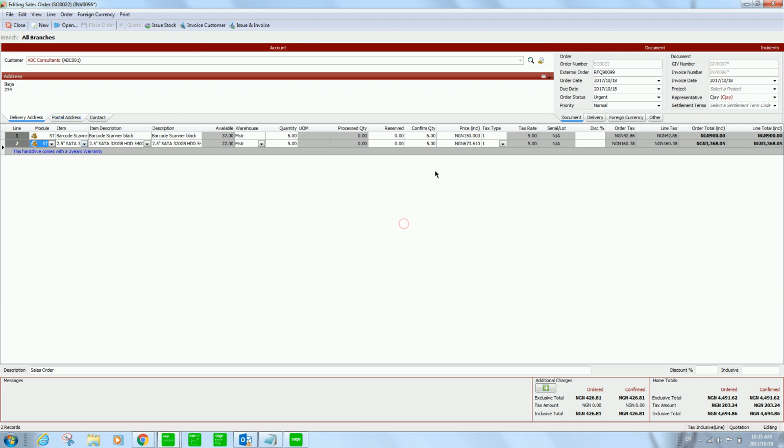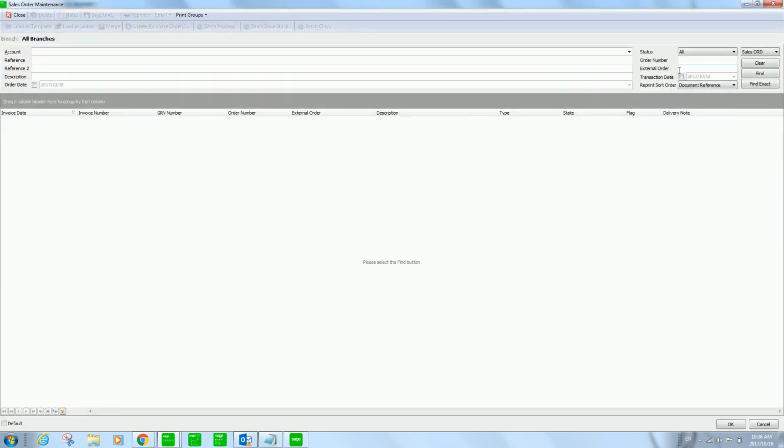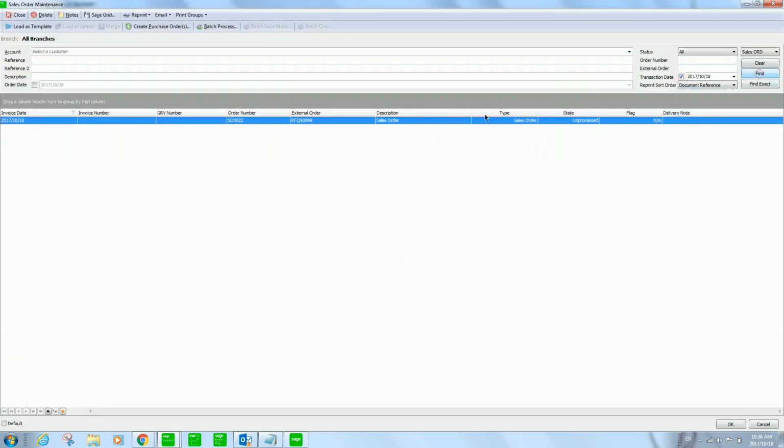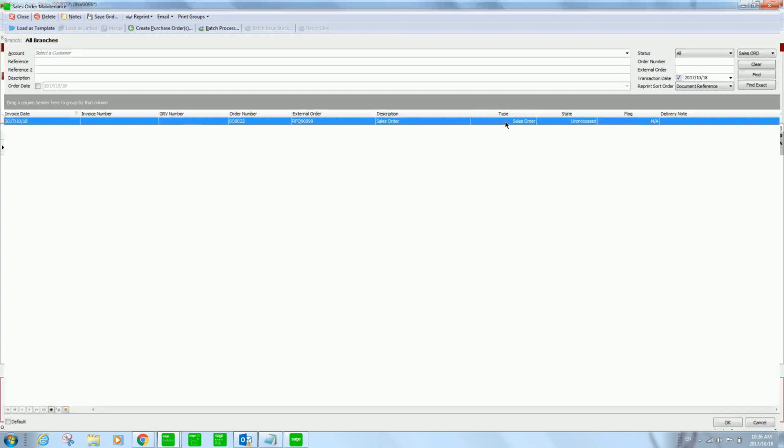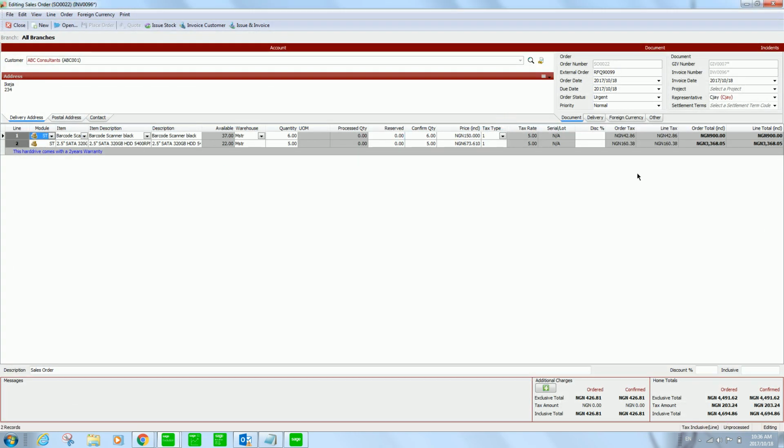All right, now once that order has been placed to the warehouse, managers will have icons. So basically what happens is they will come into this same screen and do an open there. Here you can see that the state is unprocessed. The type is a sales order at this stage. They will open it up, it comes up like that, and they have the option to issue the stock,